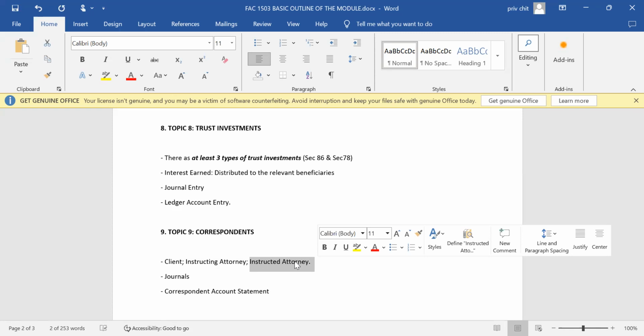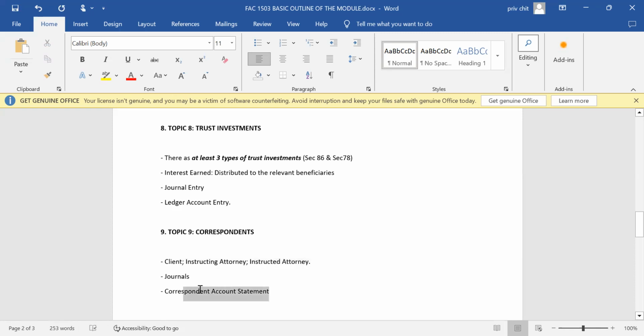There are records that have to be kept, but one key thing you need to note is that a correspondent account statement has to be generated. You need to understand the dynamics behind this: how do we draft one, and what information does it convey? That's what you need to remember.